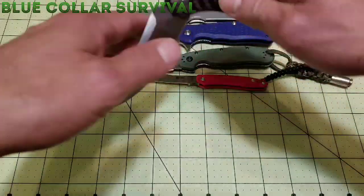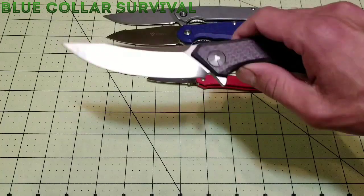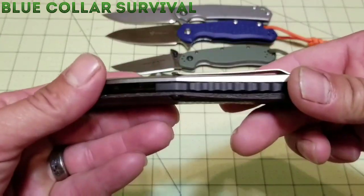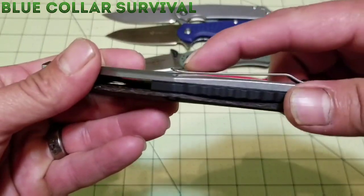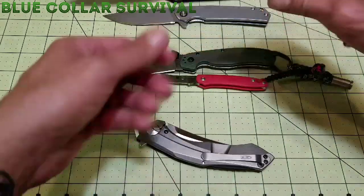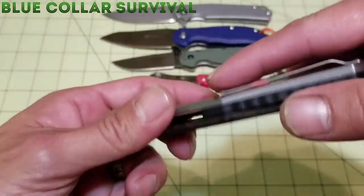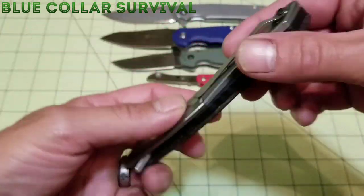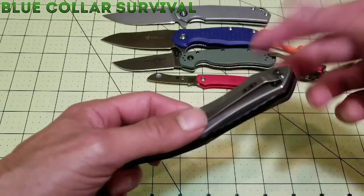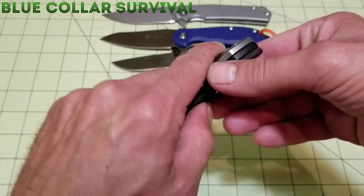One issue that probably is the reason it is at number 2 is mainly the pocket clip. The way this pocket clip is, with it just being flat and not having the dimple in it or anything like that, and this being so smooth titanium, when I sit down in my vehicle or I sit down and get up, it'll slowly